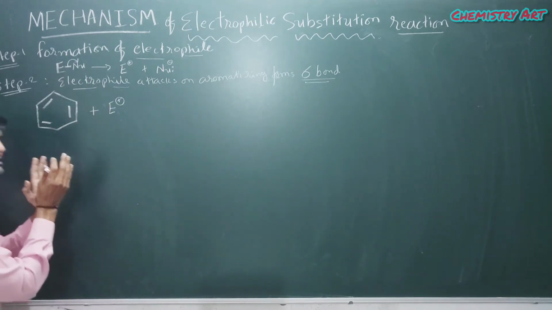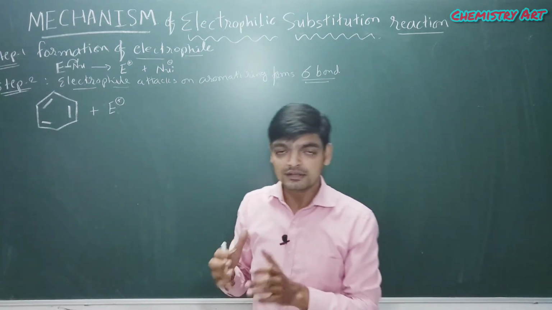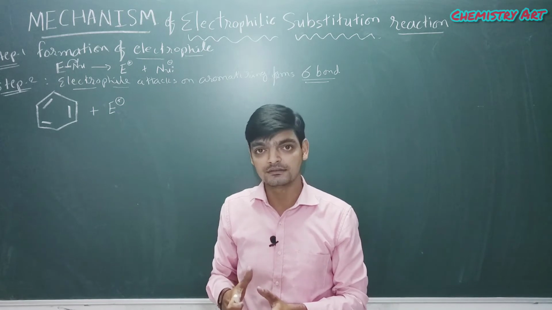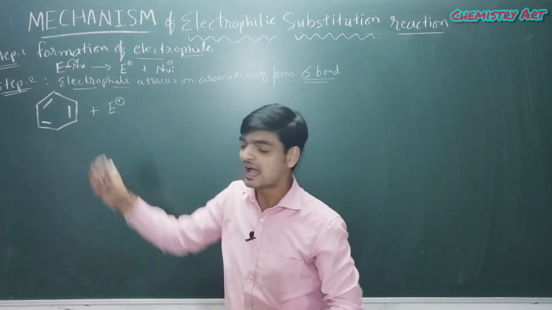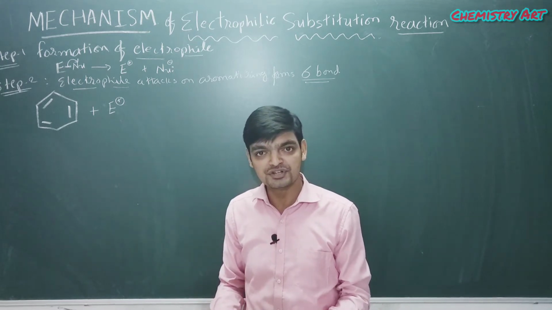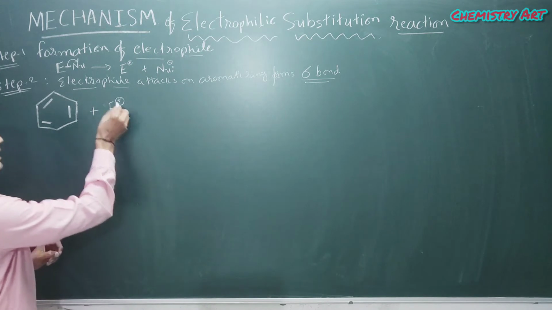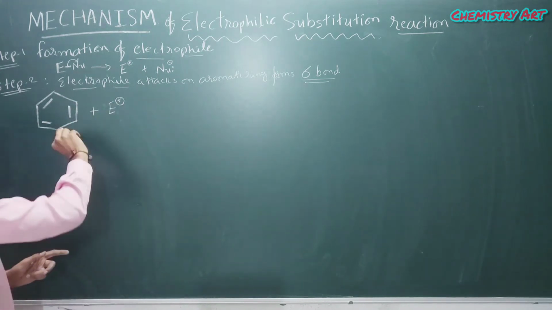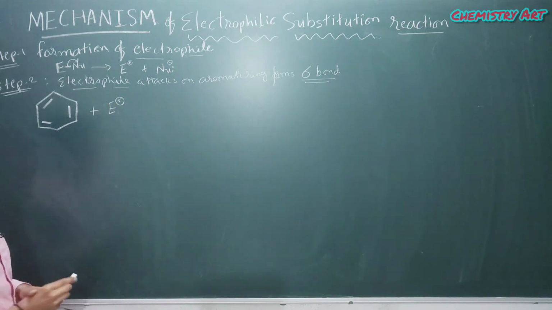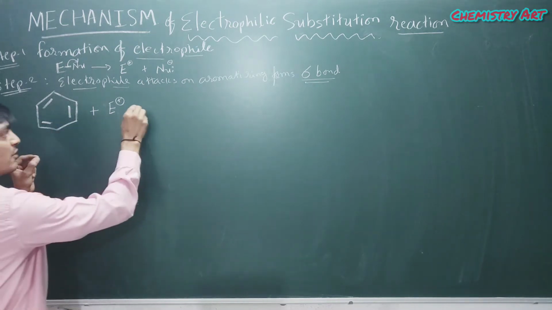Here benzene is electron rich, and that is why the substitution reaction can take place easily. Why? Because benzene has 3 pi bonds, and the electrophile is already electron deficient, it requires electrons. So the electrophile will attack benzene, and benzene will provide electrons from its pi bond, and this is how